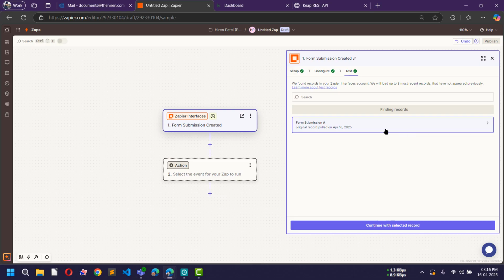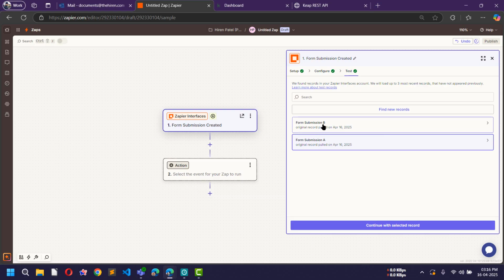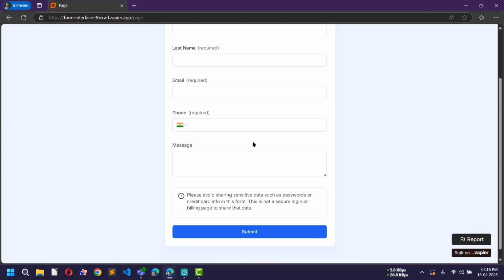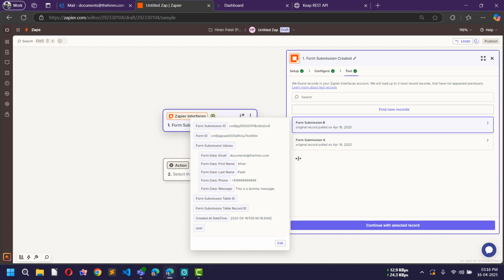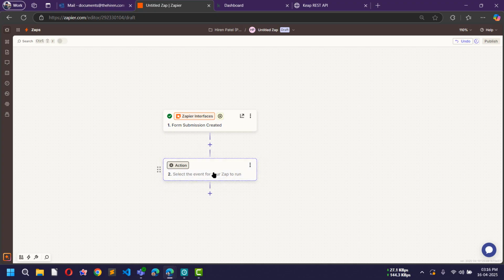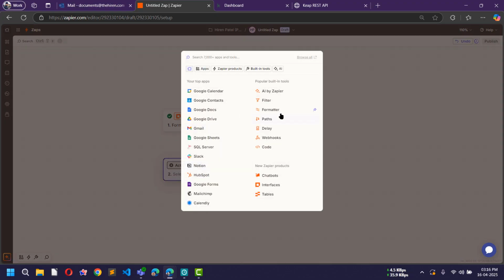then here you can see there is one more record appeared, form submission B. If I select this one, then here you can see the email, name, phone number and message is coming, which I just submitted from here. Next I will click on continue with the selected record,